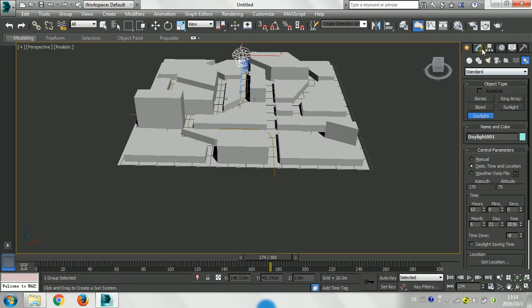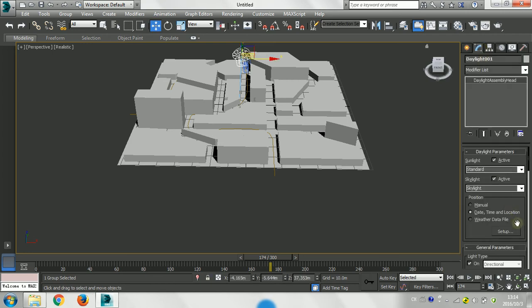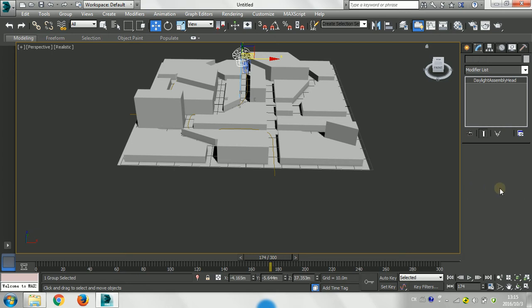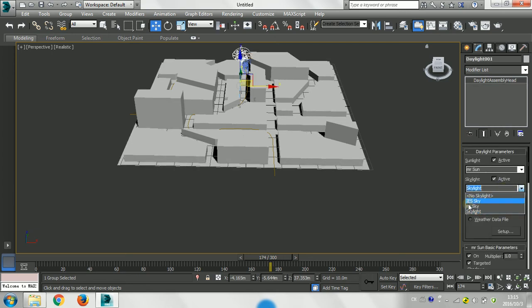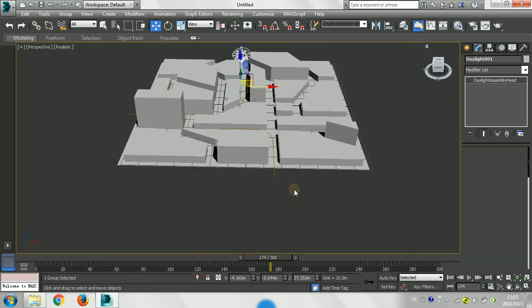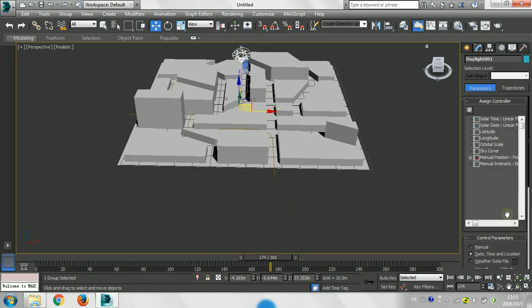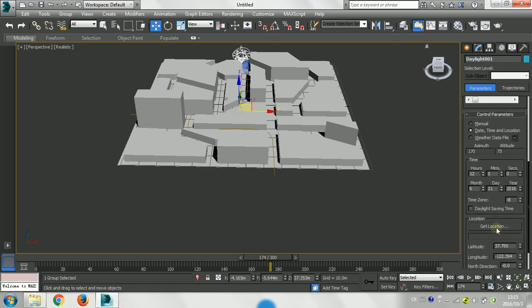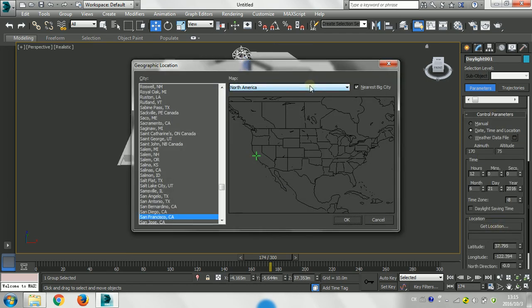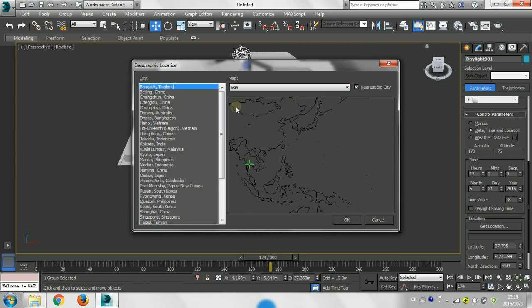Okay, and we can make the person go somewhere else instead of Melbourne. Actually, we have to change this to mental ray sun and mental ray sky. And we can set up the location. Let's just go somewhere, say